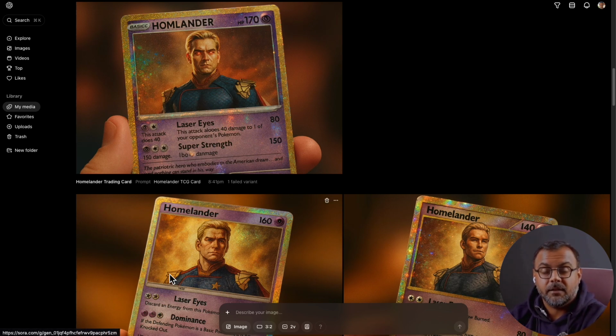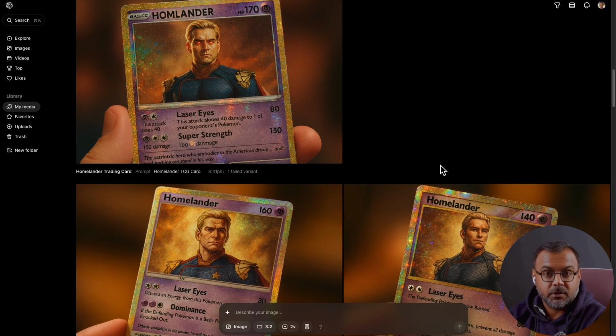We have a very accurate Homelander, incredibly well-designed trading cards, complete with moves, attacks. The text is almost all legible, and in areas that we haven't specified, it's gone in and filled in the appropriate text. And this is where ChatGPT's model really blows it out of the park. If you have text that you haven't specified, more than half the time it will go in and actually just